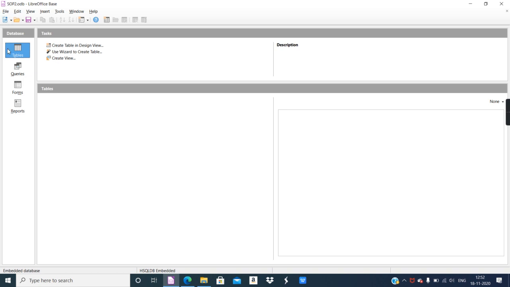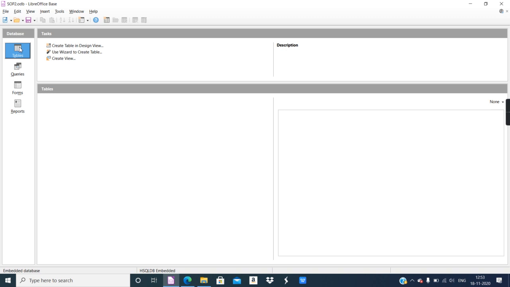Using the Base DBMS software, you can create these 4 objects in a database, that is tables, queries, forms, and reports. But the first thing you have to create is a table. After creation of a table only, you can create queries, forms, reports very smoothly, so table creation is important.